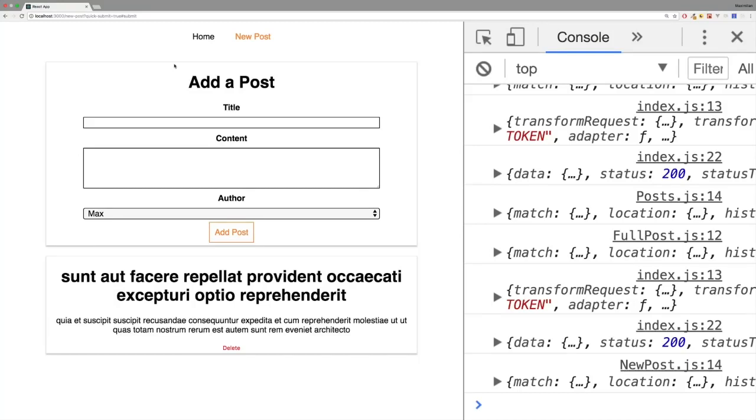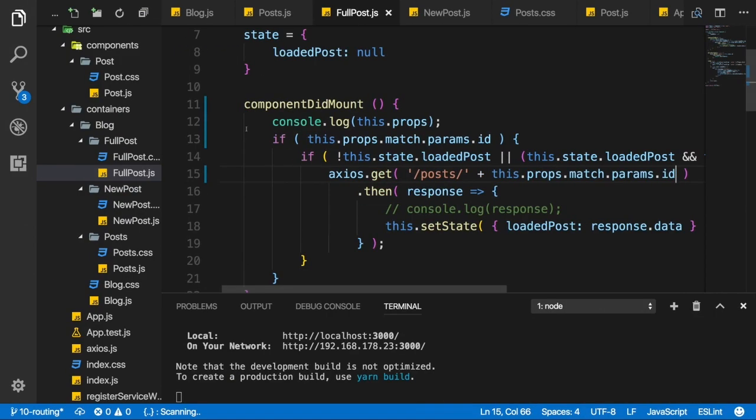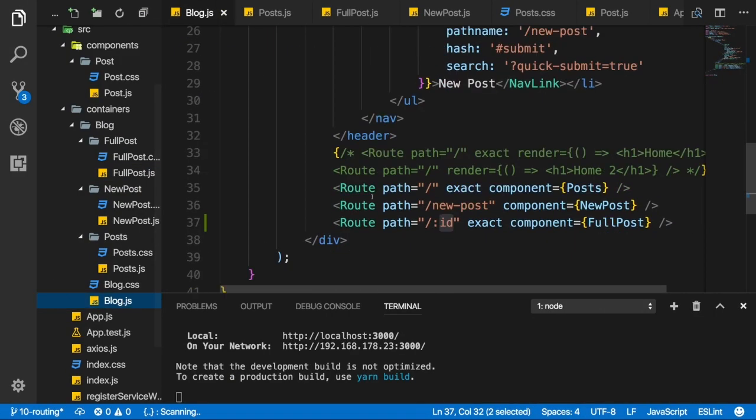In the last lectures, we learned how to pass and extract dynamic route parameters. Now we also see that this somehow leads to issues with our new post route. The reason for this can be seen if we have a look at the block container. There, where we set up our routes, we have the new post route, which loads the new post component, and